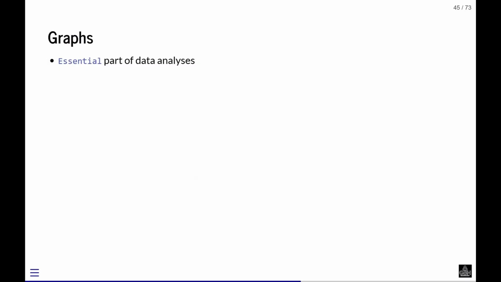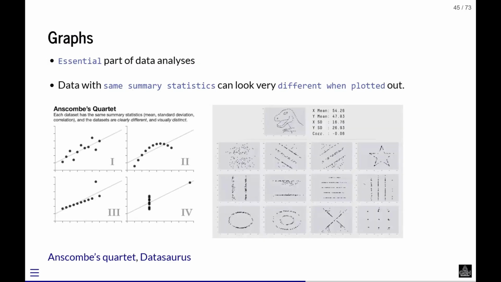It is essential because it is a part of data analysis, because there are so many datasets which have similar mean, standard deviation, and correlation, but still when you plot, they are totally different. On the left, you see Anscombe's data, which has similar mean and standard deviation, but completely looks different. On the right, you see